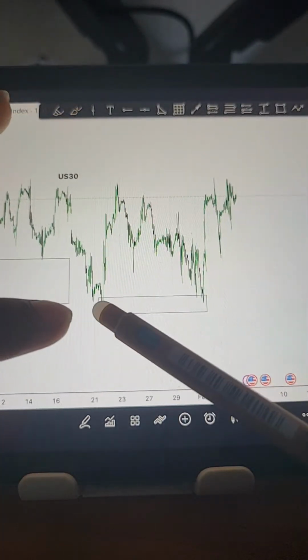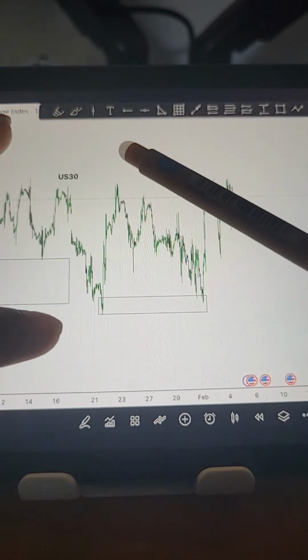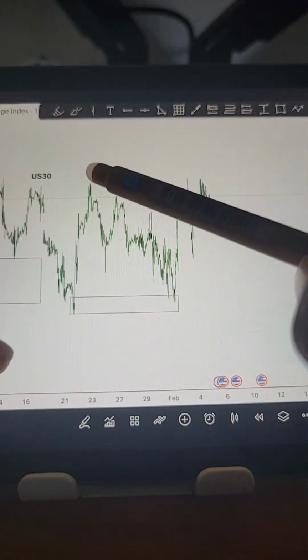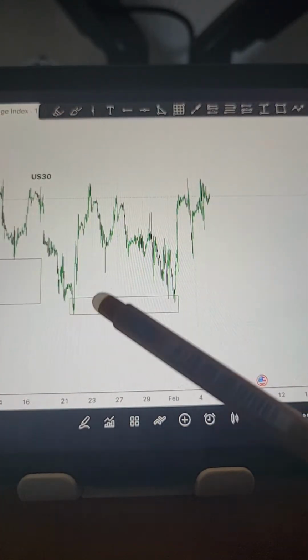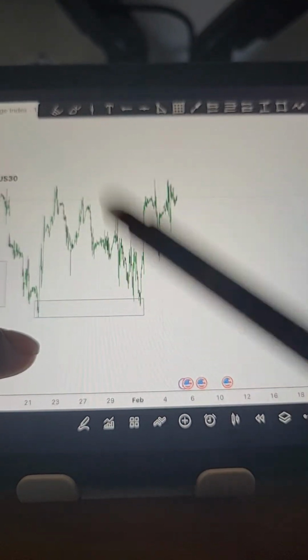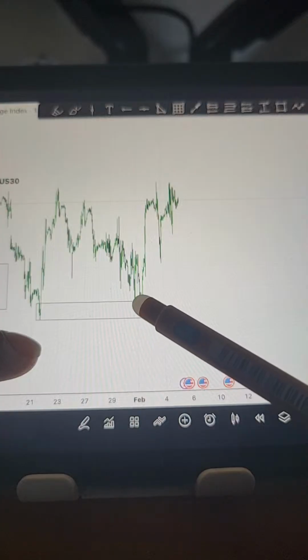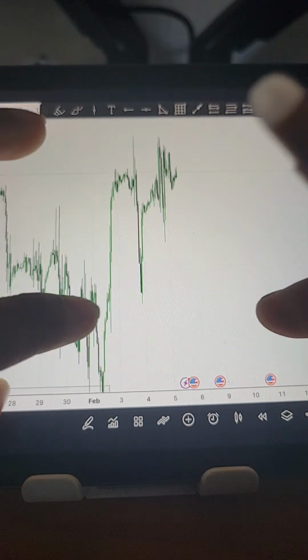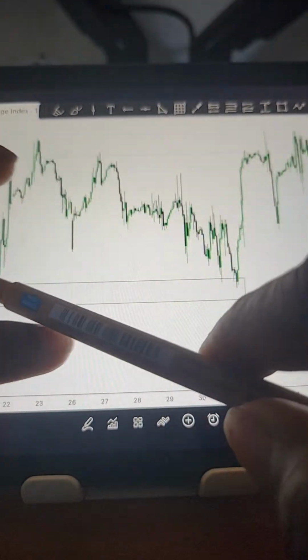So what did price do now? Price did a push up to the upside after filling up that imbalance. Price did a pullback. Price reacted at this same order block that created this massive movement to the upside. Then price tapped into that zone and pushed up again. I wasn't active on this trade, I'm not gonna lie. But if I was active on this trade, when price did a pullback to this zone,